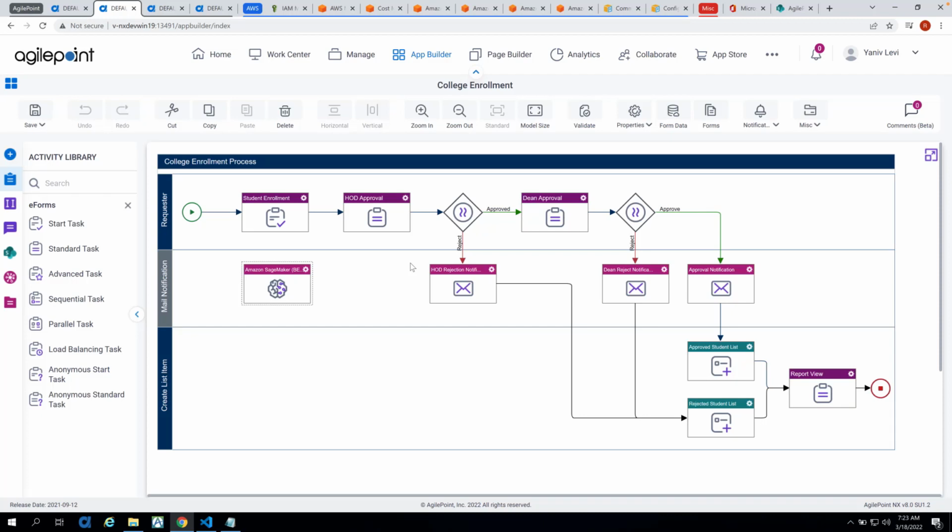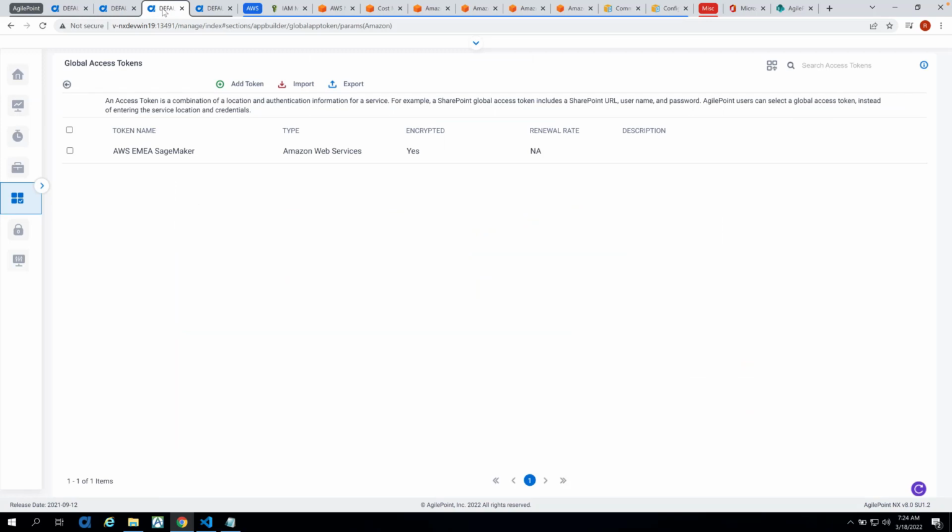To start working with the AgilePoint SageMaker extender, we first need to create an access token for AWS. An access token can be created either on the application level, in which case it will be only privately available for the application in which it was created, or on a global level under the Managed Center Global Access Token, and provide permission for other developers to reuse this access token across different applications within the same environment. So I'm going to go into the Managed Center Global Access Token and we'll create a token